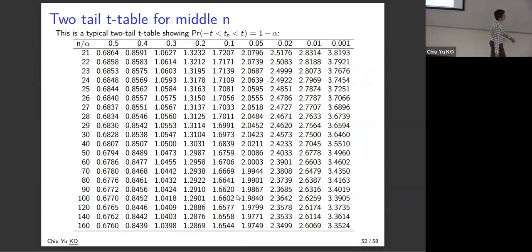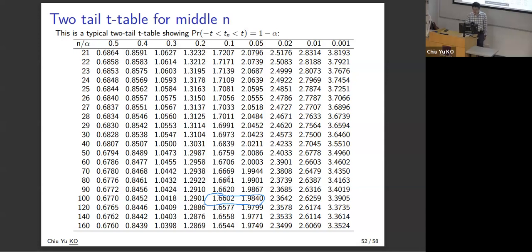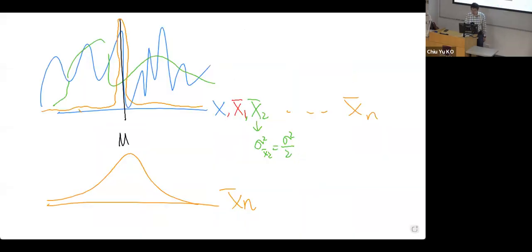100 is somewhere between these two numbers. Now, it's between this number, remember it's 0.1 and 0.05. Let's remember these two numbers. So what this graph tells you,